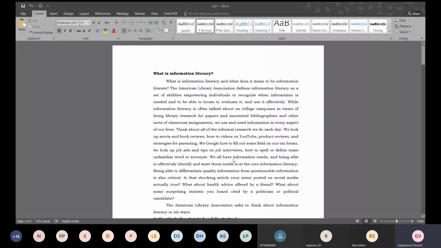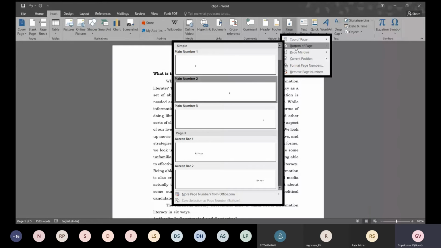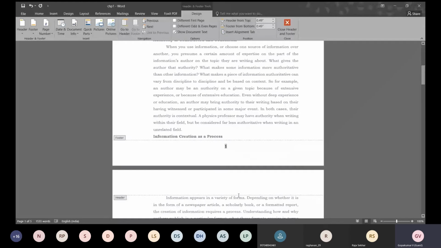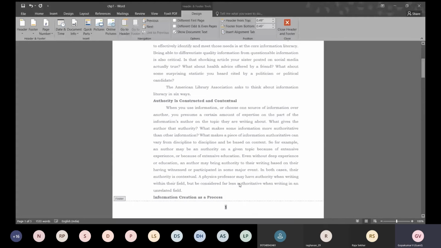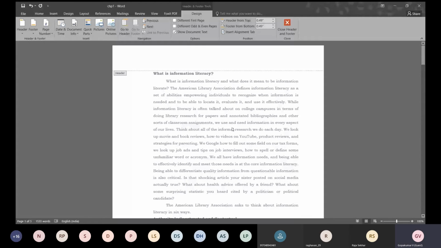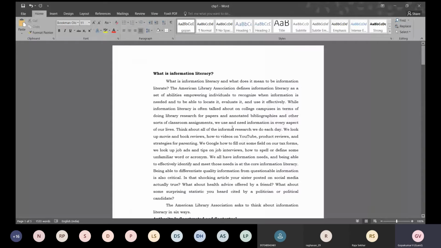Yes, so here I have actually many pages, like some 5 pages are there. So I'm going to insert page number. Click on insert, and here there is a page number option. Go to bottom of the page and in the middle. Yeah, I have done it, and you can see page number 1 is there, page number 2 is there, like that it goes. Now in most of the cases, the first page need not have a page number. That is how we used to write a thesis. First page we will avoid the page number. Second page only will have the page number.